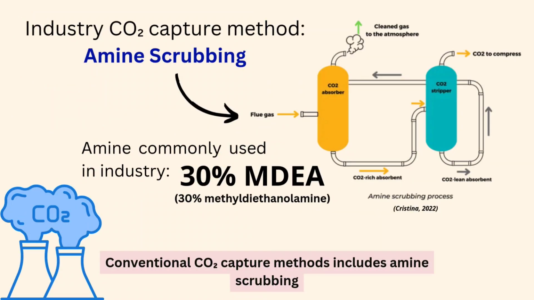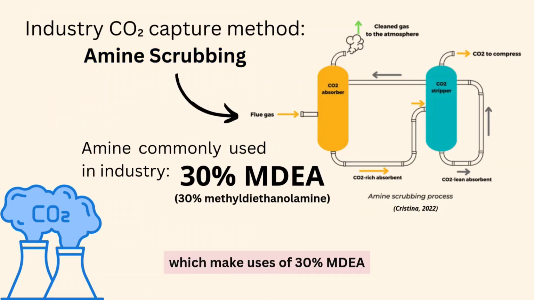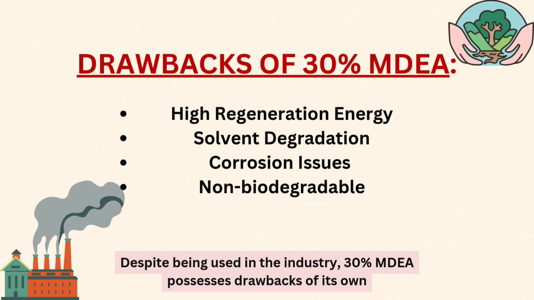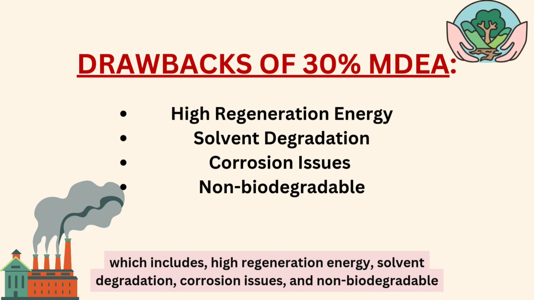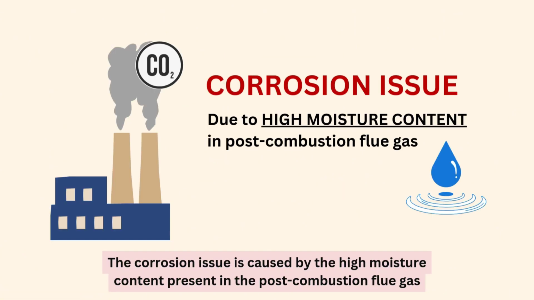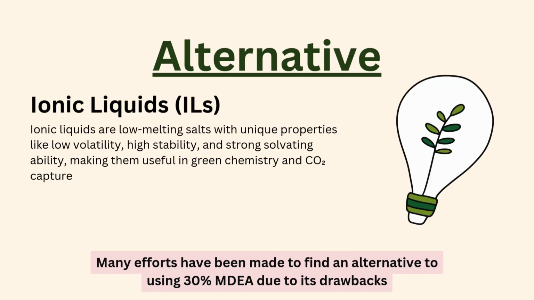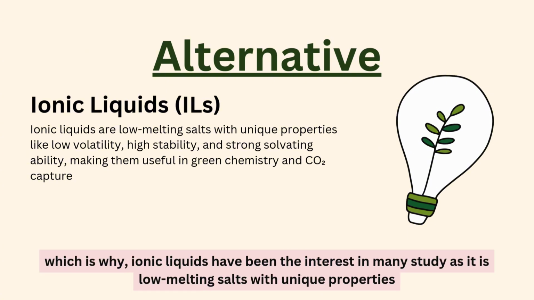Conventional CO2 capture methods include amine scrubbing, which makes use of 30% MDEA. Despite being used in the industry, 30% MDEA possesses drawbacks of its own, which include high regeneration energy, solvent degradation, corrosion issues, and being non-biodegradable. The corrosion issue is caused by the high moisture content present in the post-combustion flue gas. Many efforts have been made to find an alternative to 30% MDEA due to its drawbacks, which is why